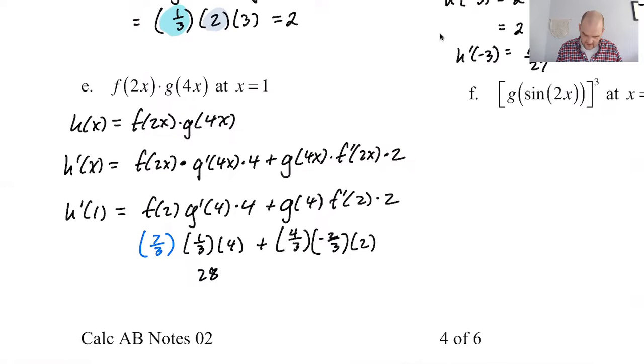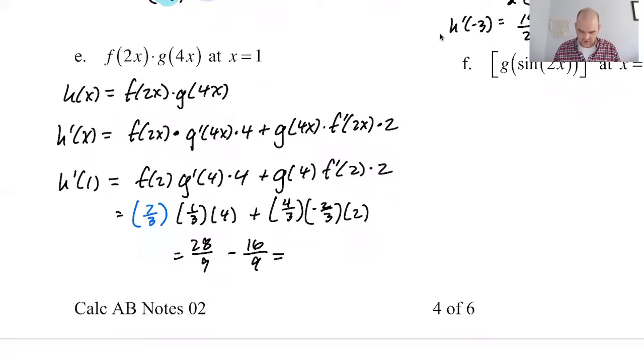So 28 over 9 minus 16 over 9, I guess. So equals. I owe the math universe a billion equal signs. I do not write equal signs. I feel like if I'm moving vertically, you should know that it's equal, but that's not true. So 12 over 9. So 4/3. I think that h prime of 1